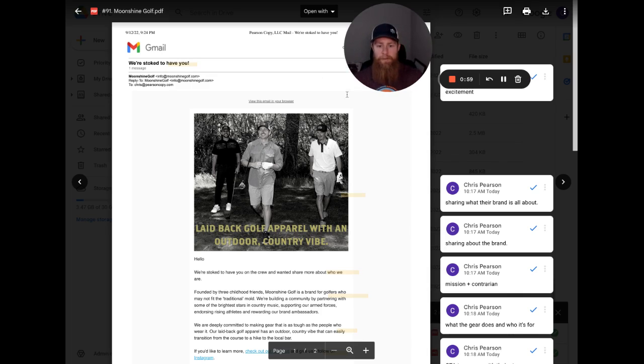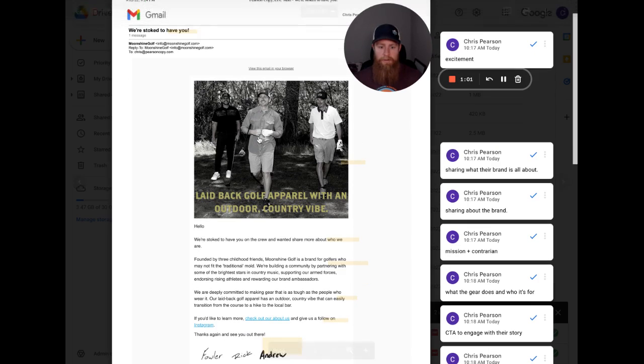So once you get into the email, you start with this image of, I'm assuming, the three founders, with the tagline: "Laid back golf apparel with an outdoor country vibe." So already, with the dress, with the image, with the tagline, Moonshine Golf is going against the grain here. They're being contrarian, right? Because most golf apparel companies are pretty straight laced. They follow tradition. They follow what you would expect most golf apparel companies would offer. But Moonshine is going against the grain a bit, and that's what they're saying here: laid back golf apparel with